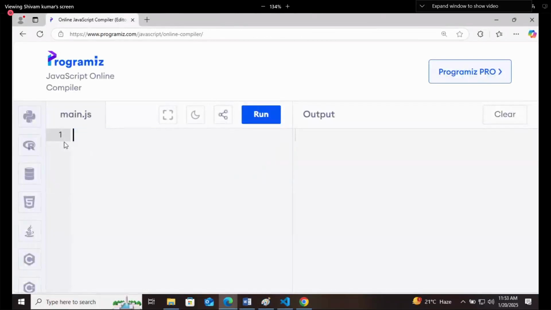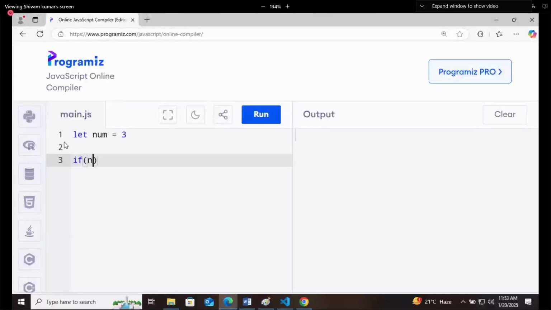Let's say the user will enter a number, that is 3. Now you have to print the corresponding day name. Day 1 means Monday. Day 2 means Tuesday. Sunday is not the first day of the week. Monday is the first day of the week. So remember how we will do that.